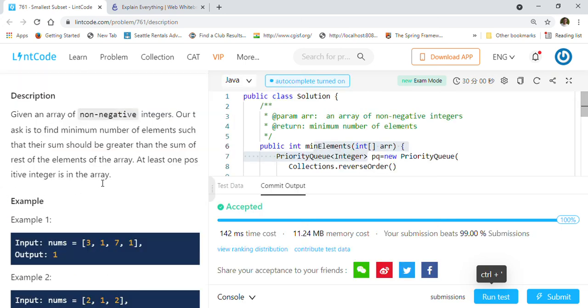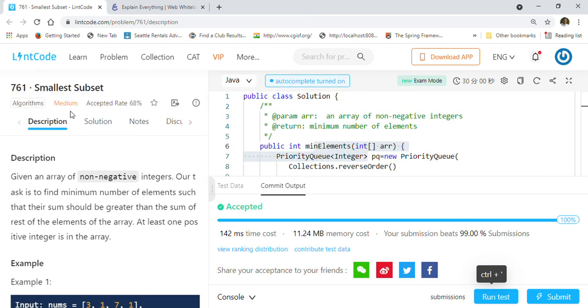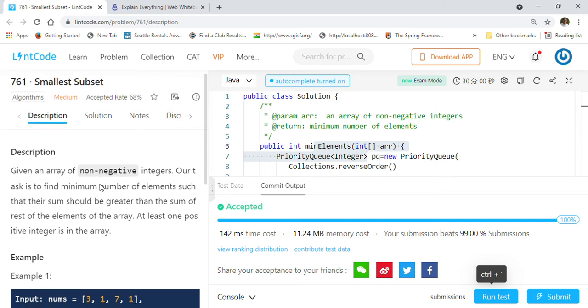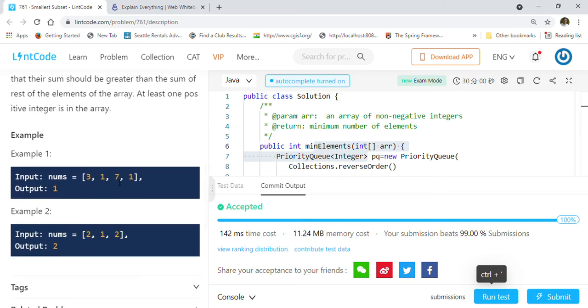This is the way you can solve the smallest subset problem. Many times, when we try to solve a problem greedily, with a greedy approach, priority queue is helpful, because priority queue is the min-max heap implementation in Java. Wherever we want to keep either minimum elements on top or maximum element on top, priority queue will always be a very handy data structure in Java, right? So make sure you try a couple of examples with priority queue and see how it works.